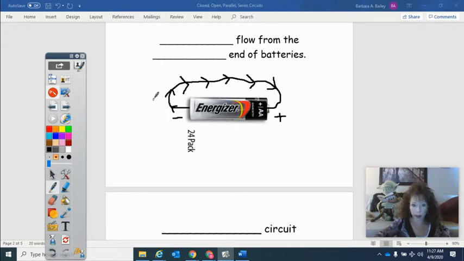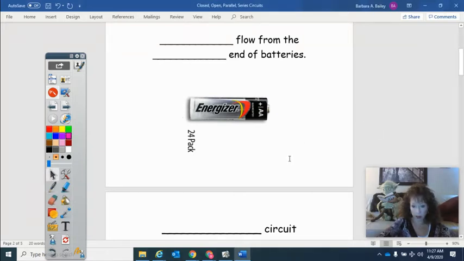All right, and remember, negative electrons are flowing through the wire, down the wire. Okay. All right, so that's our batteries, just a portable source of electrical energy. We can move them around and take them where we need to go. All right, so I'm going to erase that and